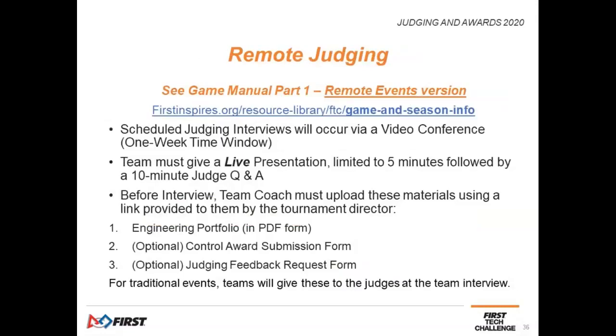So the remote judging, which is what we will be planning on for this year, at least for the start of the season, make sure you read the manual. You will have a scheduled judging interview time. It will occur via a video conference, and there will be a 1-week time window. The team must give a live presentation. It cannot be recorded, and it will be limited to 5 minutes, and it will still be followed by a